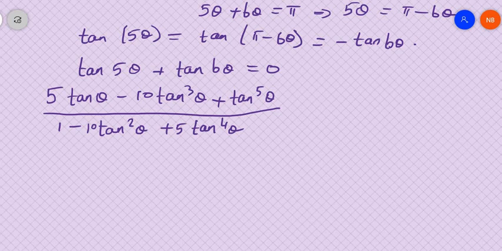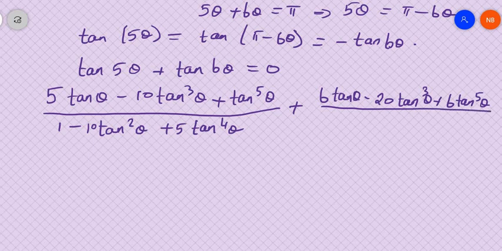This is the expression for tan 5 theta, and now this is the expression for tan 6 theta. Equal to 0. Now in both the terms we have tan theta common. So taking out tan theta common and dividing by tan theta, we have